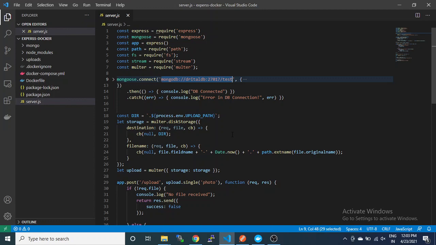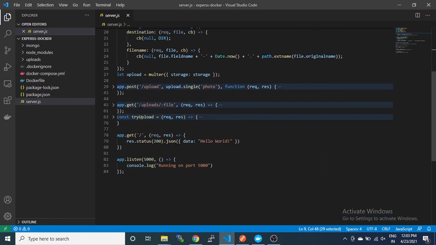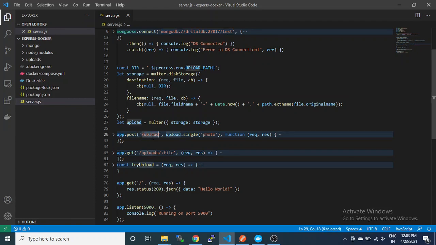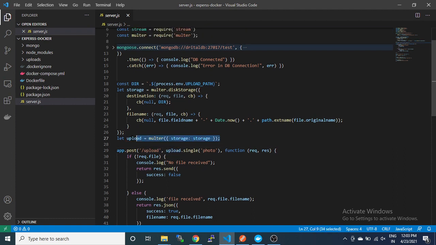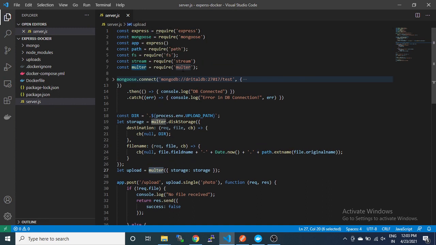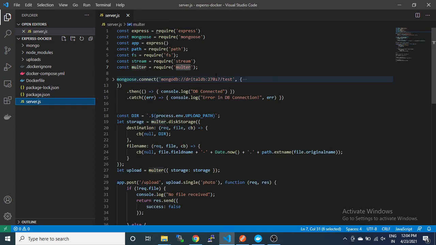What I have done to upload is I have created this upload post method from which you can upload your image. Inside the post we have used upload, and upload is defined here using multer. Multer is the dependency we needed, so we have installed it, multer 1.4.1. And here you can see